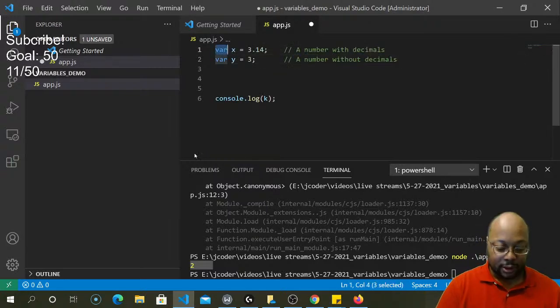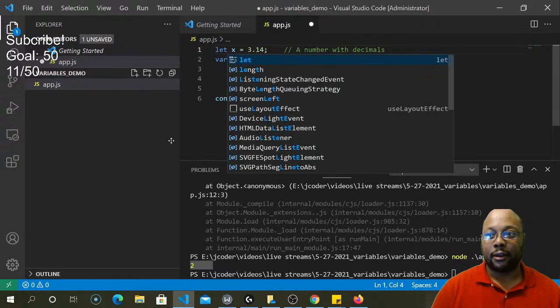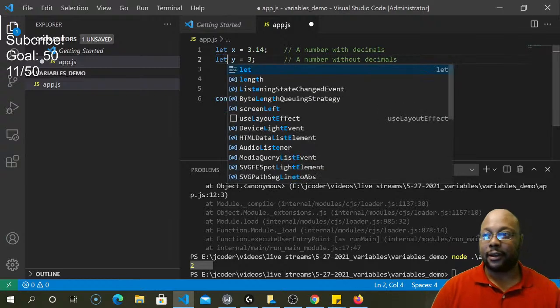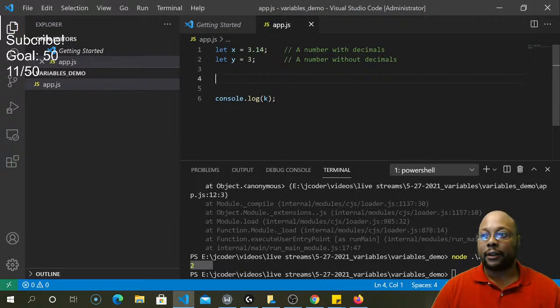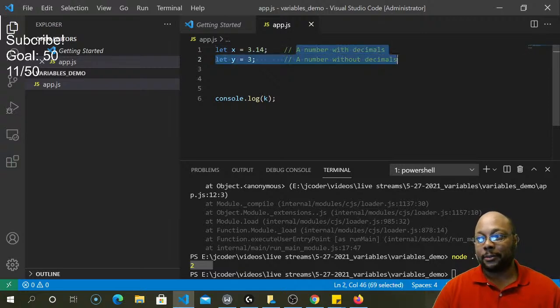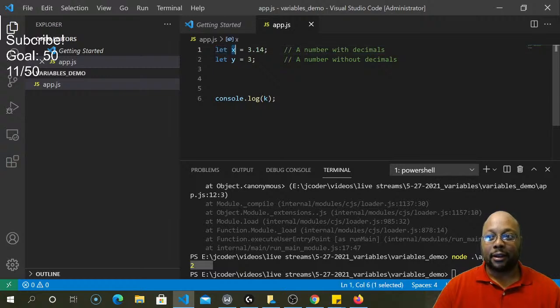You'll see a lot of legacy code with var, but I'm gonna go ahead and change this to let. And so here you have let x equals 3.14, let y equals 3. So in JavaScript, you can either assign the variable a number with decimals or a number without decimals. In other languages, it could be something like int x, or with the decimals, it would be float x, and without the decimals, it would be int y